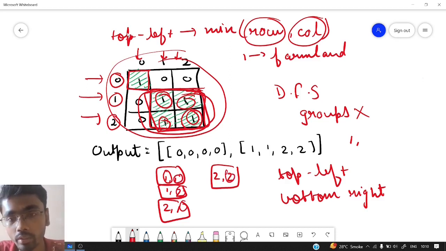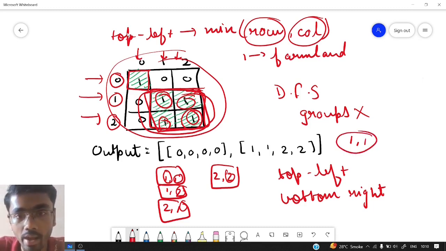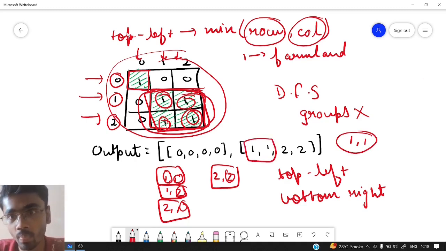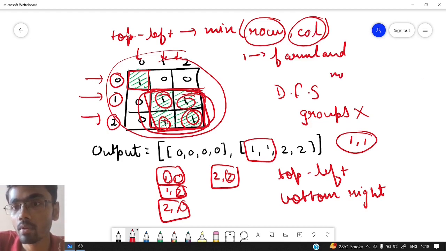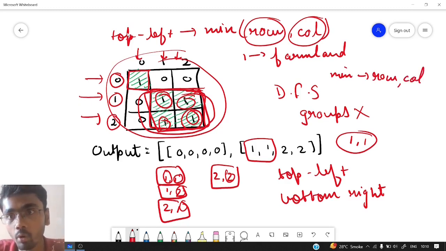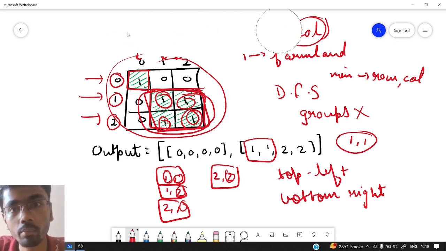So amongst all these 4 coordinates of the columns, what is the minimum column? That is 1. So 1 comma 1 is the top left coordinate, and this is the top left coordinate according to our answer also. So for the top left coordinate, we just need to keep the minimum of both row as well as columns. And now talking about the bottom right corner, so let us see that for bottom right corner,